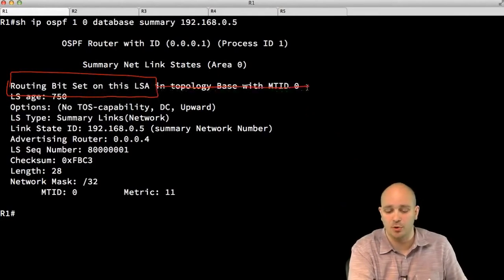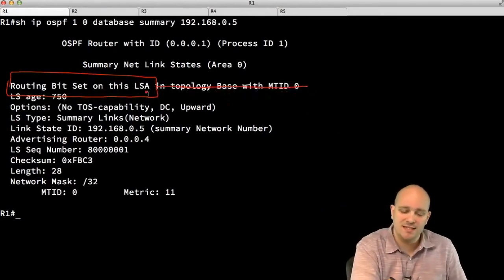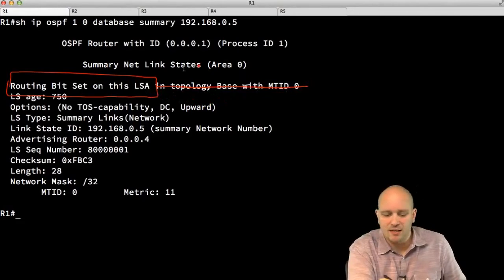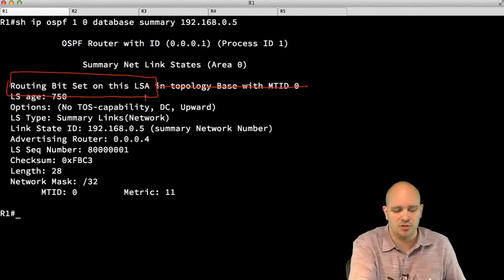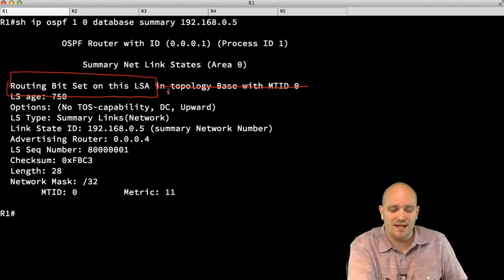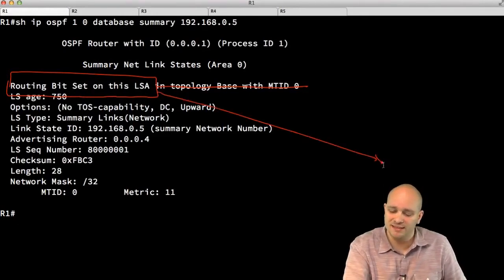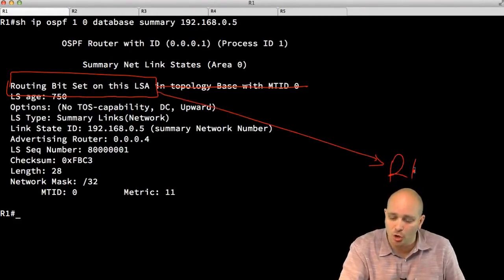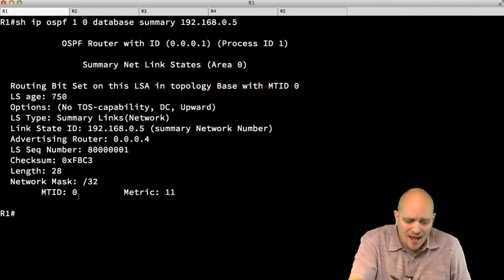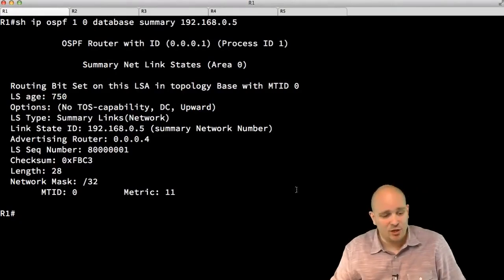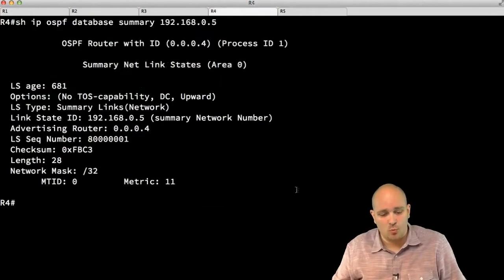You can ignore this topology base here because this is, again, added in relatively recent versions of IOS as support for something that Cisco calls MTR, or multi-topology routing. This is not something of concern for us at this stage of learning. So routing bit set on this LSA simply means that OSPF thinks that this prefix should go into the routing table here. So now we can see that this LSA here is absolutely the same as the one that was